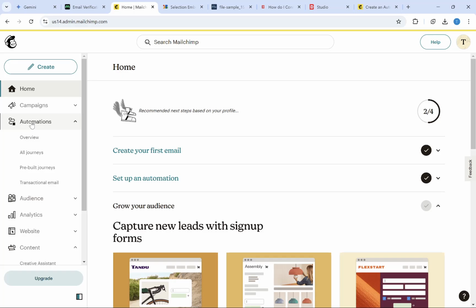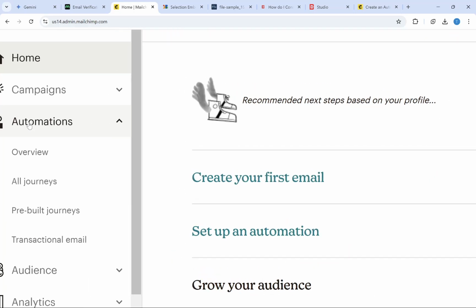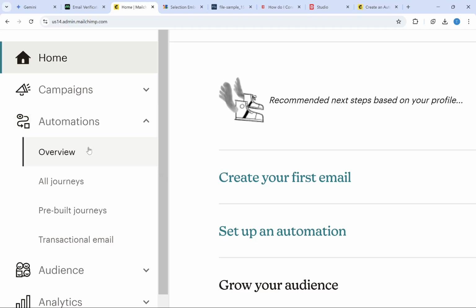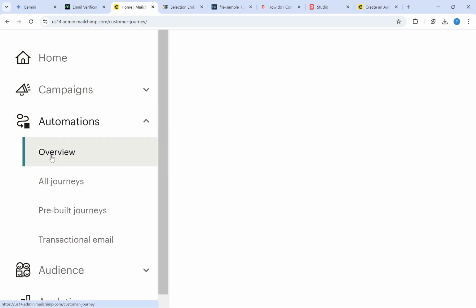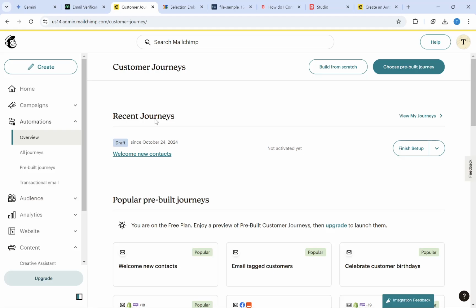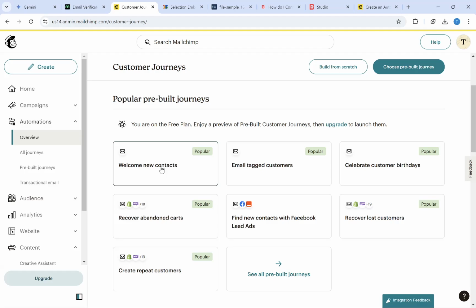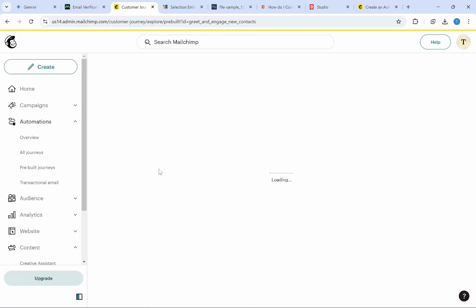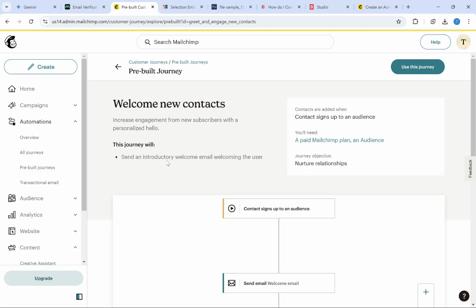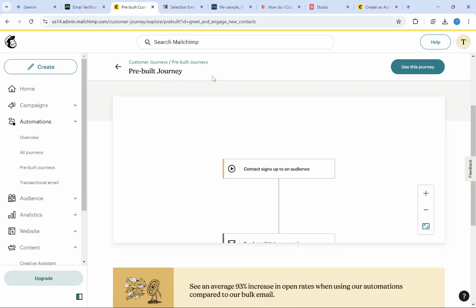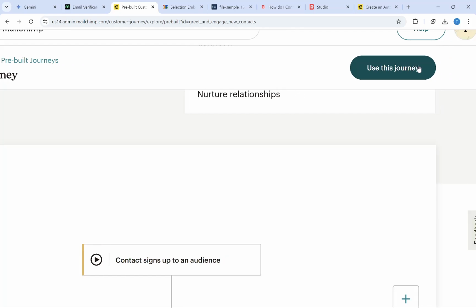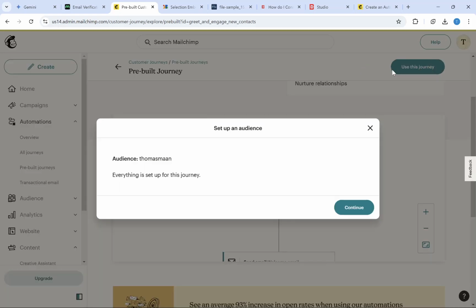And after you do that, simply click on this Automations option from the left sidebar, and from there simply click on this Overview. And once you do that, just simply scroll down and click on this Welcome new contacts option. And then it's going to show you this window. From here simply click on this Use this journey button at the top. After this simply click on this Continue,